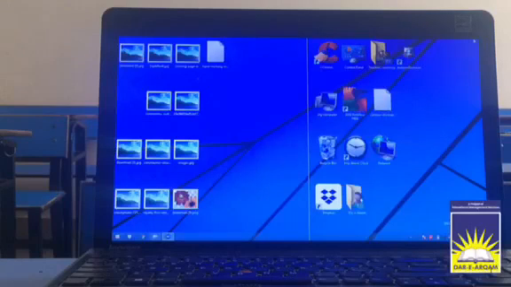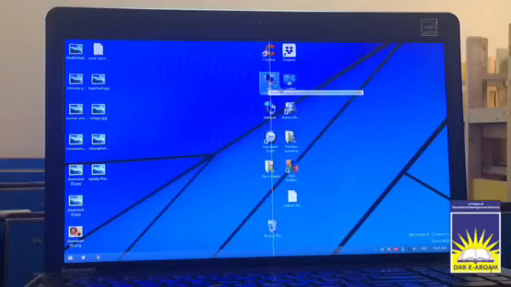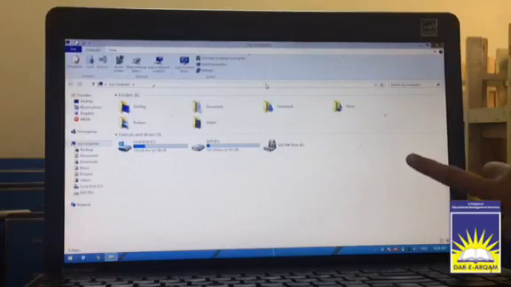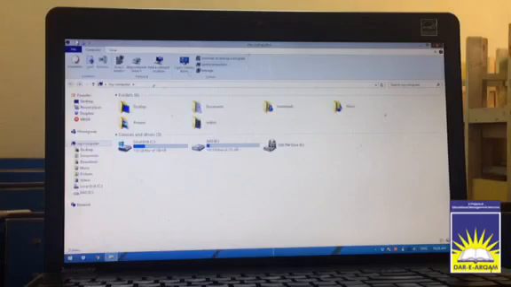Now My Computer. As I already told you, whenever we open any program or any icon, we have to double click, then the file will be opened. I want to open this My Computer, so I just double click. Now the My Computer screen appears, and in this screen we have different icons also, like local disk C, local disk D and DVD drive. Firstly we will discuss local disk C.